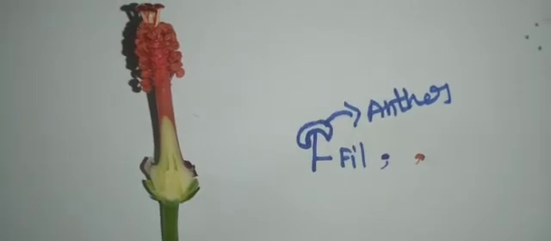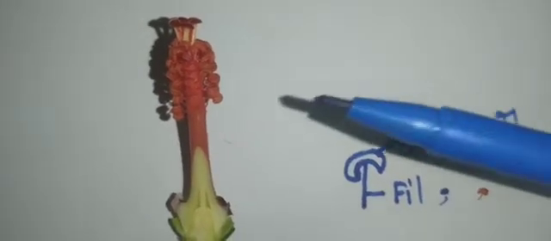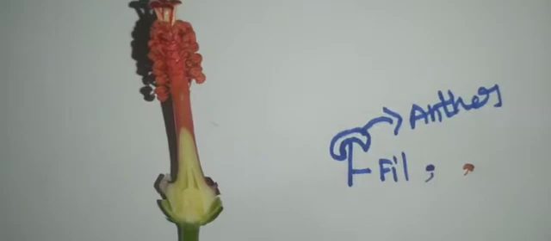So these are like dust particles. These dust-like particles are called pollen grains. Here you cannot see the pollen grains, because it is still a young flower and it has not opened yet, so you cannot find the pollen grains. If you see those yellow dust-like particles, they are called pollen grains. These contain the male reproductive cells, and they take part in the reproduction.